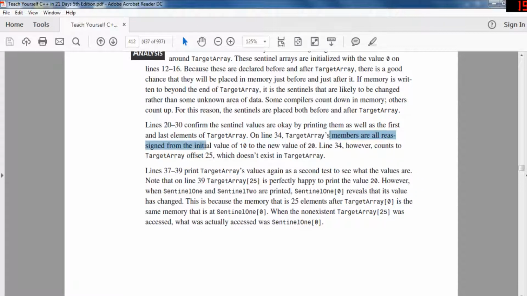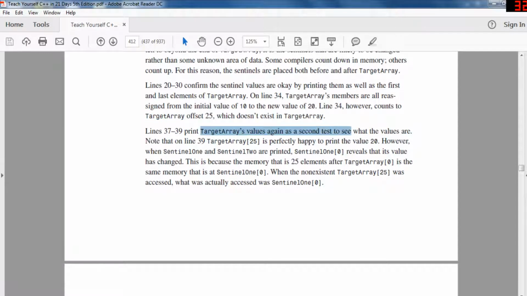So they are all reassigned to the initial value of 10 and then a new value of 20. However, the count offset doesn't include this, so it prints out the... Okay, so it's pretty happy to print out 20. So it actually worked for them. However, when they